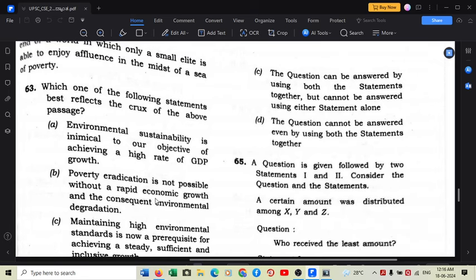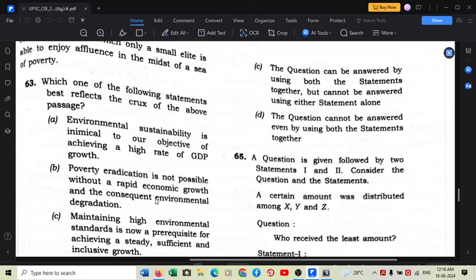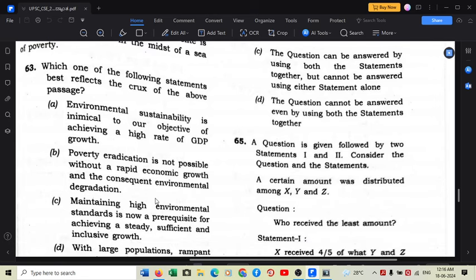And high rate of GDP growth is not the outcome. The author is more concerned about the fact that if we are more resource efficient, we can reduce poverty. Because in the beginning of the passage, there's a reference that green growth is not only environmental sustainability, it is also about the requirements of resources by poor people. So if we are more resource efficient, we can reduce poverty and there will be a good distribution of income among the people. So again, high rate of GDP growth is incorrect as per the passage.